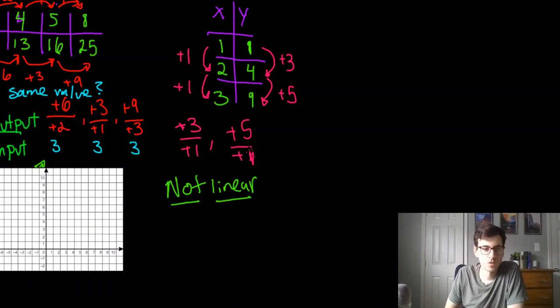Okay, the graph of this one would be 1 and 1. So if I graph this, I get 1 and 1. My x value is 2, y is 4. And when my x value is 3, y is 9. Right? So if I were to connect these dots, it's not a straight line. You can see how that's kind of a curved line, not a straight line. Versus,